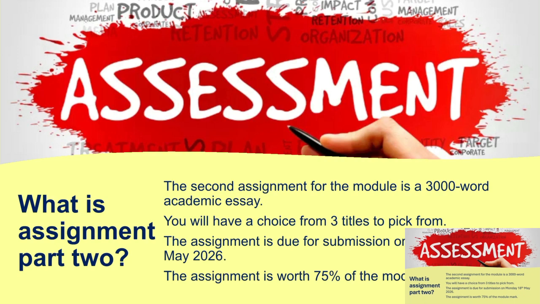So as a reminder, this is 3,000 words. The expectation would be it would be underpinned with citations and references as well. Again, no right answer in terms of how many, but as a rule of thumb, we'd be thinking about 25 to 30 possibly separate references for a piece of work of this length. And this assignment is worth 75% of the mark overall. So the one we did last Monday, although perhaps it's more stressful in a sense than this one, is worth 1/4 of the marks for this module. The second one is worth 75%.